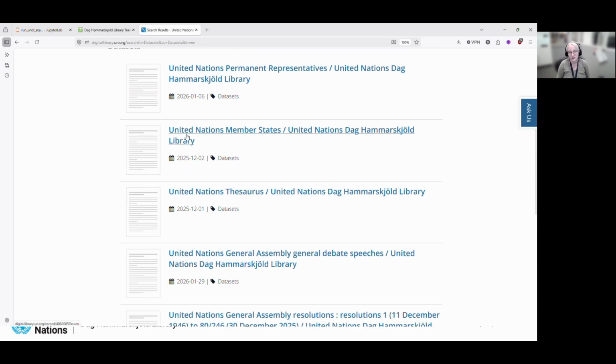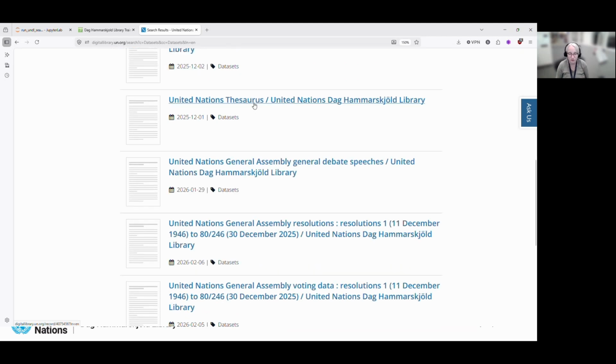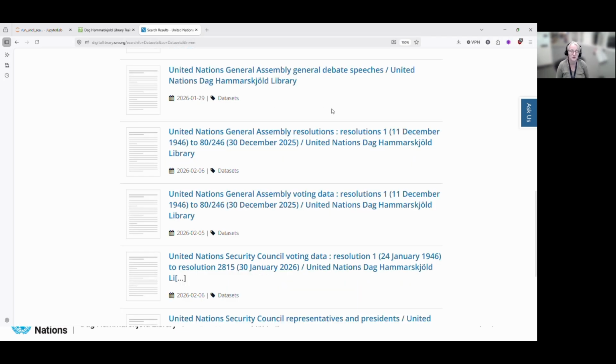We have something on the UN member states. That's not only the current member states, but also all the different names that the member states have had, how to group them, when they became members, etc. And we have the UN Thesaurus, which is more specialized for librarians, a taxonomy of subjects. I'm not going to show it in more detail. And then we have